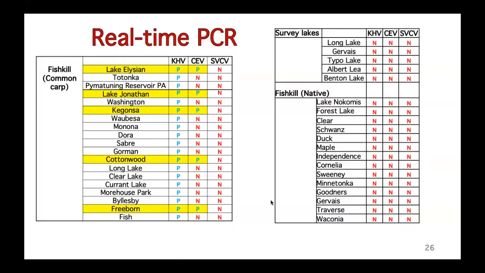And then this is a breakdown of some of the PCR results that we have, just so you can get an idea of what we're looking at. But basically, we were able to find KHV in a whole bunch of common carp only mortality events, and some of those had co-infections with CEV. We also looked at SVCV because CEV and SVCV have been found in co-infections previously, so we tested all these samples as well, but they were all negative. And then our survey lakes were all negative. You'll just have to trust me with that part. And also our fish kill lakes were negative. So that's nice. We made it through that first filter of finding candidate pathogens, and we were able to find both of these pathogens.